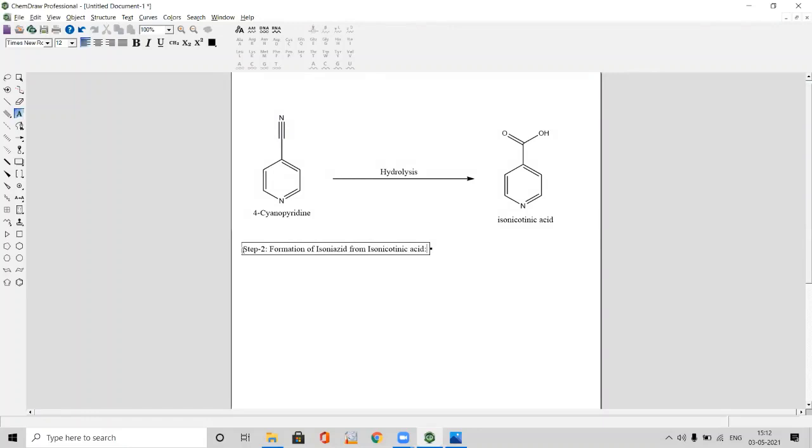So this is the step name. Let's make it bold. Same way here I will write step 1, preparation of isonicotinic acid from 4-cyanopyridine. So let's make it bold. So step 1 is this, step 2.